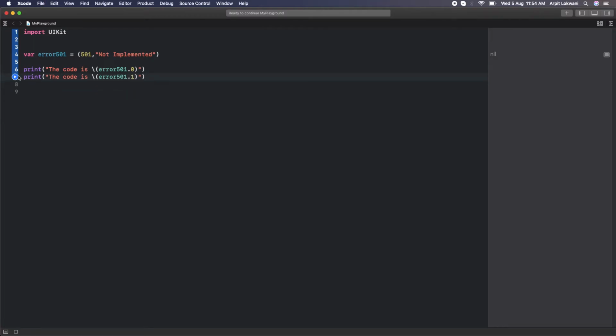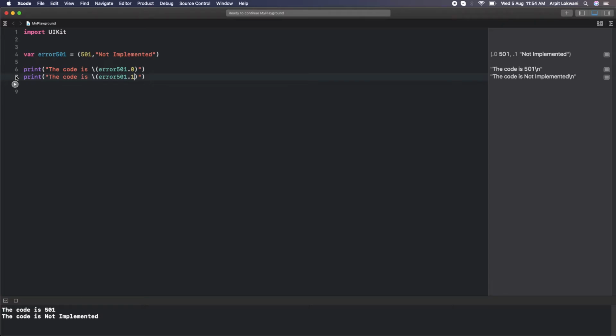So let's see why we need this. Suppose I am returning some callbacks with errors, with the code and value: what is the error and what type of error. The code we can use for our purpose by comparing that value, but for the user we can't show the code, right? So for that purpose we need to show the message, which tells the type. So this is a real-time example you can play around with.